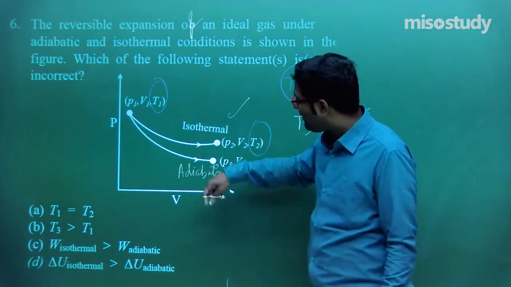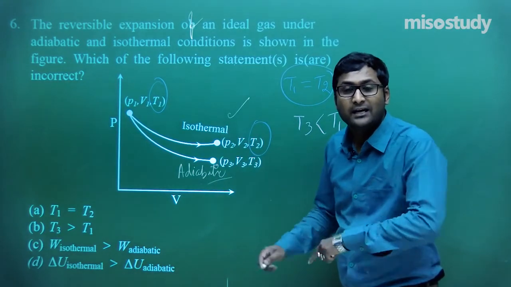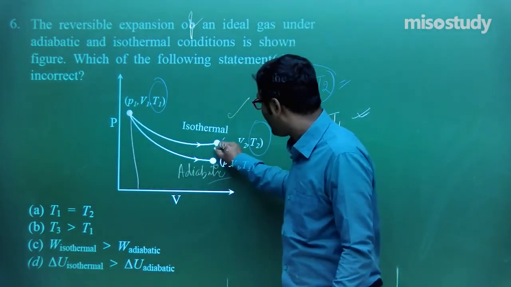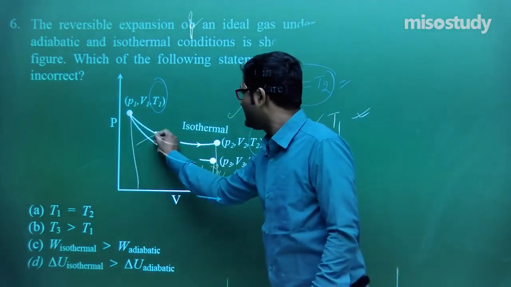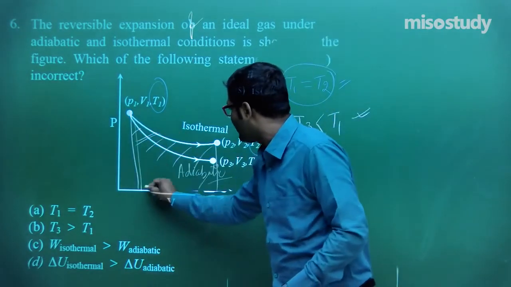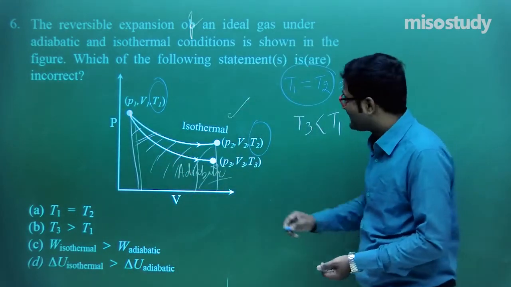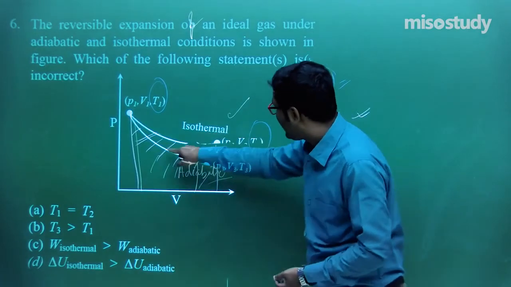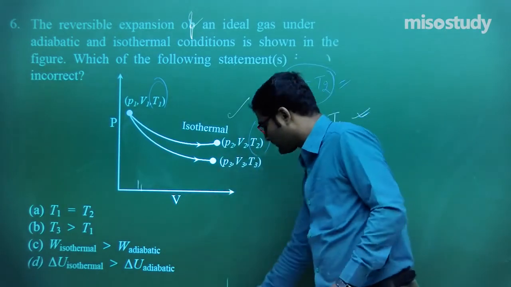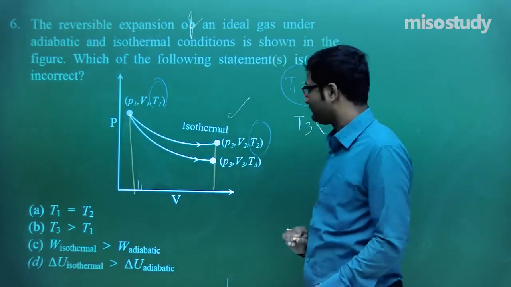Now look at the graph. As we know, area under the PV graph gives you work. If I talk about the isothermal process, it covers this region, and if I talk about the adiabatic process, this one covers. Look at which one will cover more space. So isothermal, because in isothermal, wait for a moment, let me use a colorful blue and pink color, then you can easily understand this one and this one.